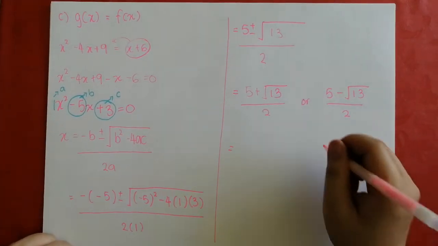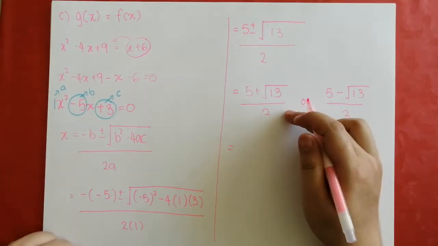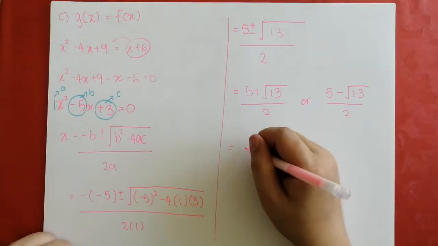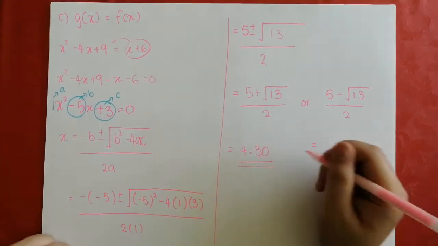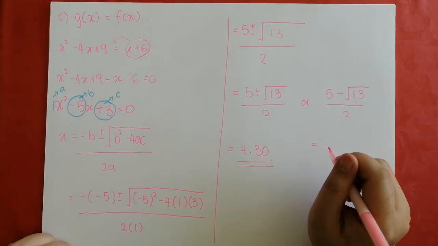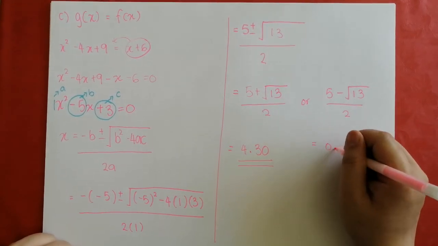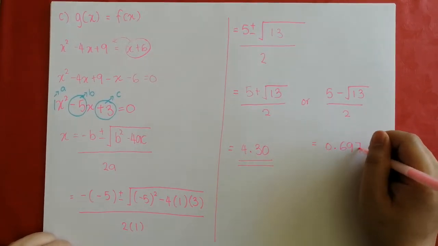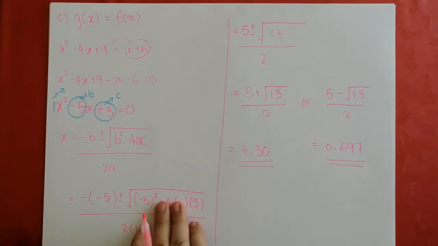So from there, if you evaluate that, you should get the first one, 5 plus root 13 over 2. Your answer should be 4.30, correct to 3 significant figures. And the other one should give you 0.697, correct to 3 significant figures. Okay,